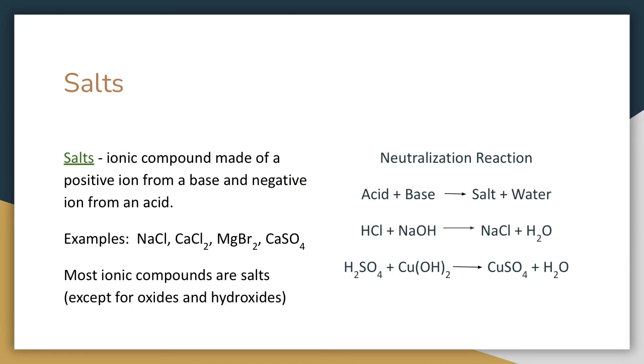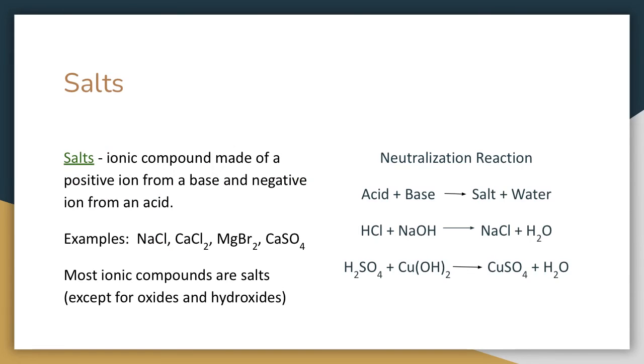So when we classify, salts are going to be classified last because sometimes students are going to see that something looks like it could be ionic when really it's an anhydride. So you have to be careful to put those things together. So salts, ionic compound made of a positive ion from a base and a negative ion from an acid, like NaCl,